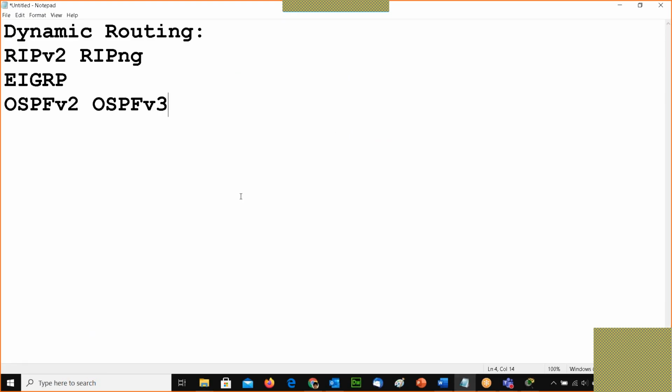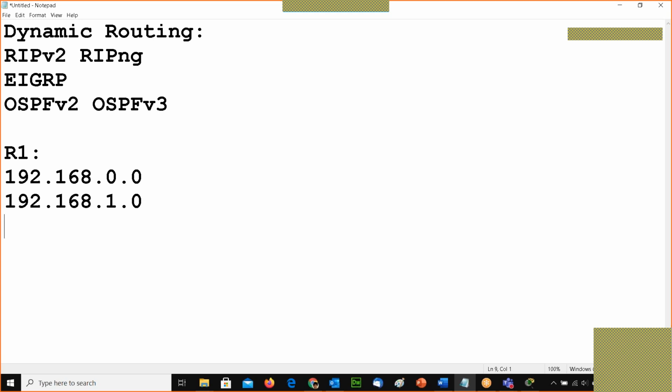Here in this case, R1 is connected to, for example, the 192.168.0.0 network, 192.168.1.0 network, and 192.168.4.0.